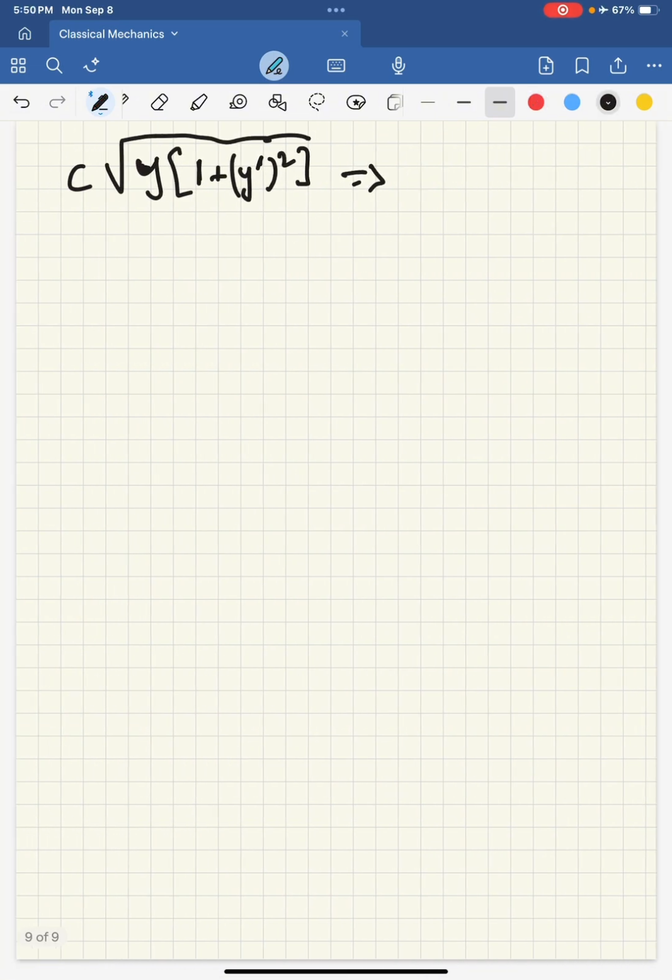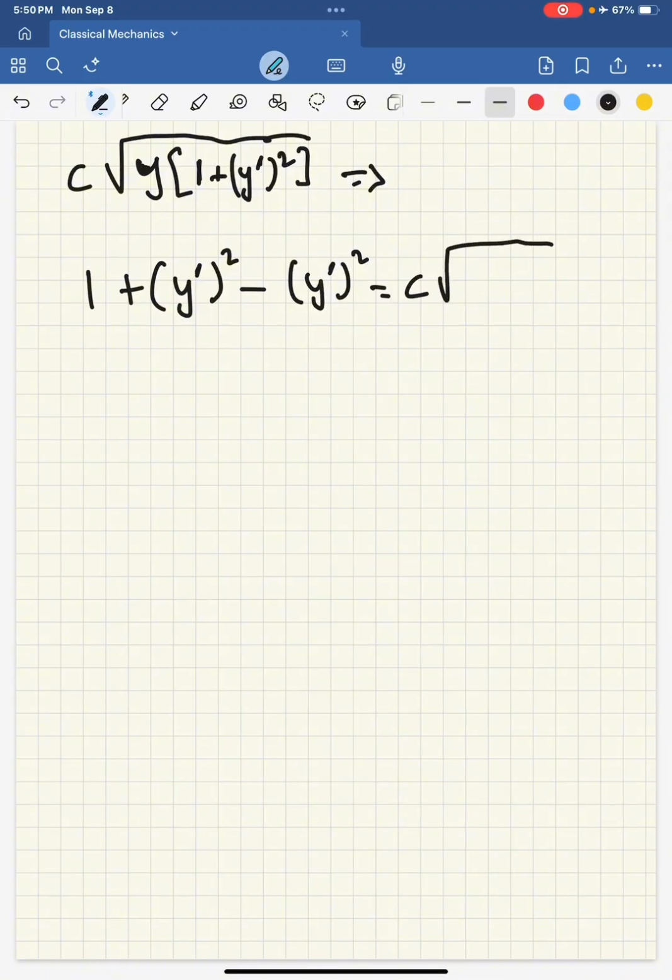So then we get 1 plus y prime squared, then minus y prime squared. Remember, this is the left hand side, and the right hand side is the one we just had, so it's the same, nothing changed. Y times 1 plus y prime squared. Okay, this cancels, and we get